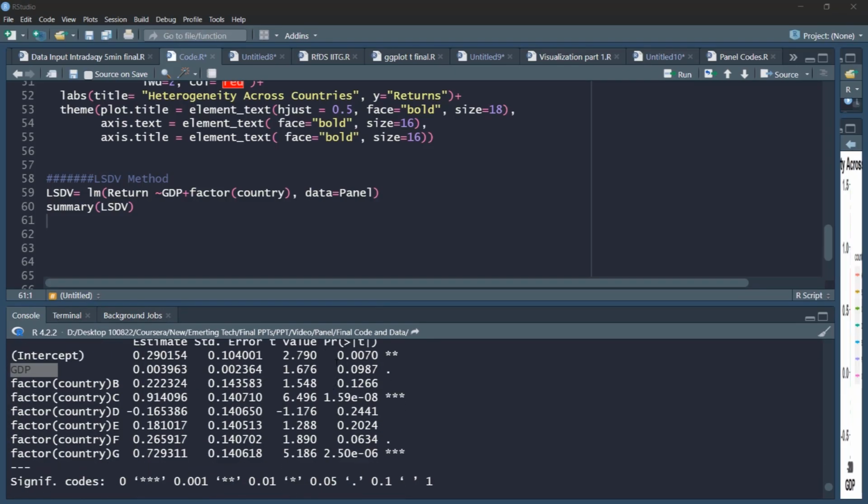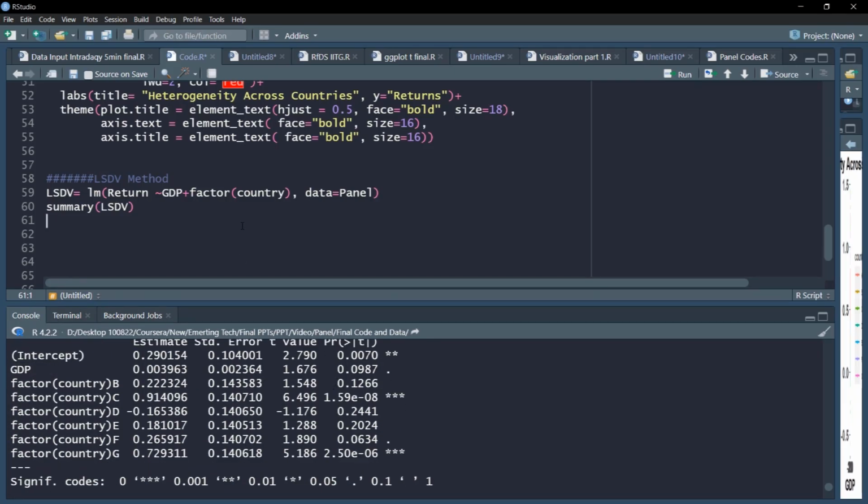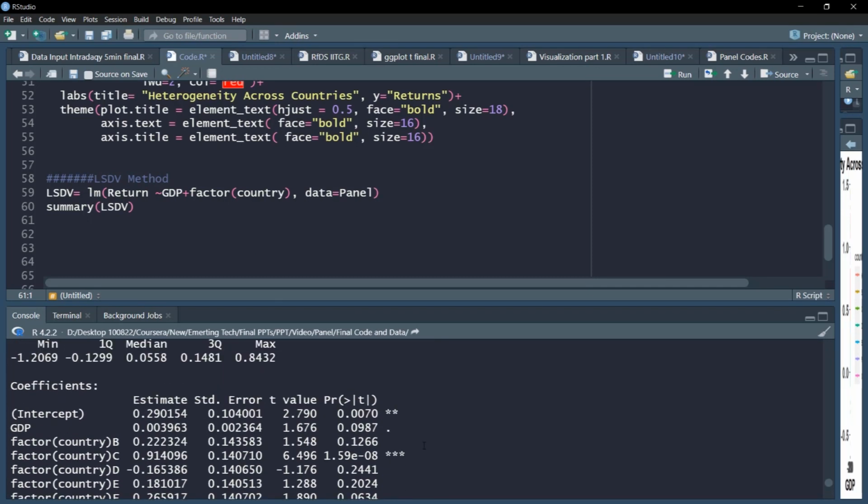So we find that this LSDV method of panel data estimation gives us some intuition that probably these individual heterogeneities were indeed creating some vitiating effect on our simple pooled OLS estimation, and therefore it is more desirable to look at panel data methods to account for the unobserved heterogeneity.